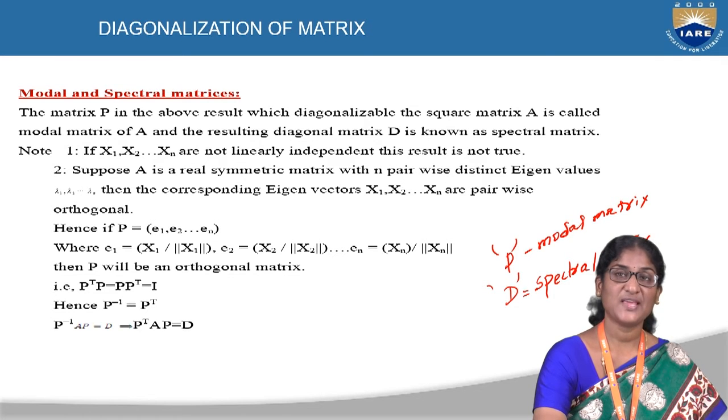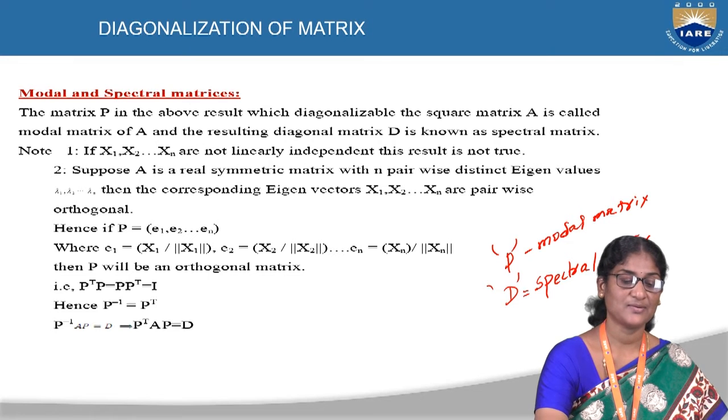Hence, if P is equal to E1, E2, E3, so on up till En, where E is nothing but the vector divided by its norm, that is x1 divided by norm of x1, x2 divided by norm of x2, and so on up till xn divided by norm of xn,